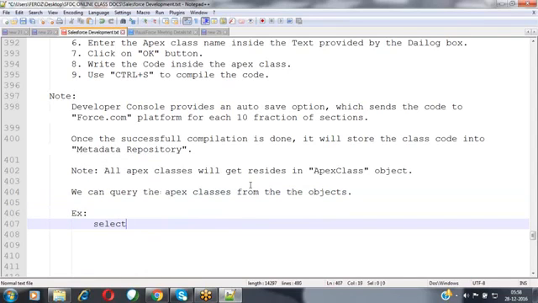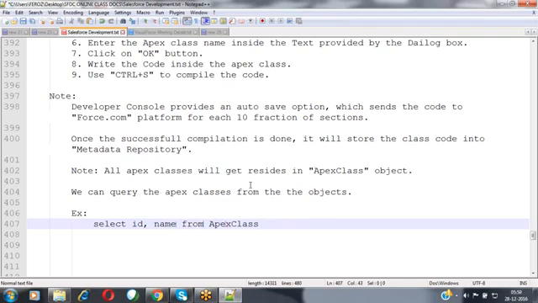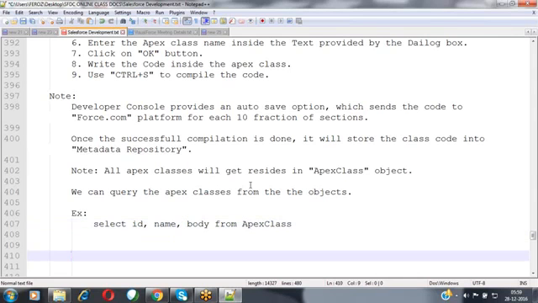For example, we can query: select Id, Name from ApexClass. Like Account, like Contact, like your custom object, in the same way we can query this information also. We can query the Apex class Id and we can query the Apex class Name also. If you want to get the content of that Apex class, whatever code you have written inside it, then we can use a column called Body. In that Body column, it saves the code which you have written inside that Apex class, so that we can use this query to fetch all the Apex classes information which you have created in the past inside your Salesforce organization.